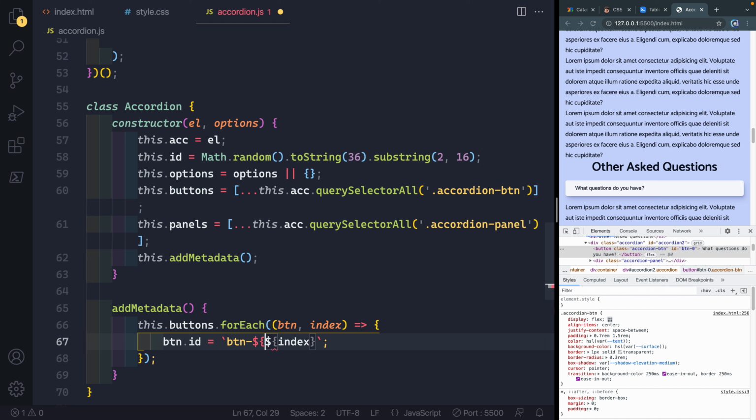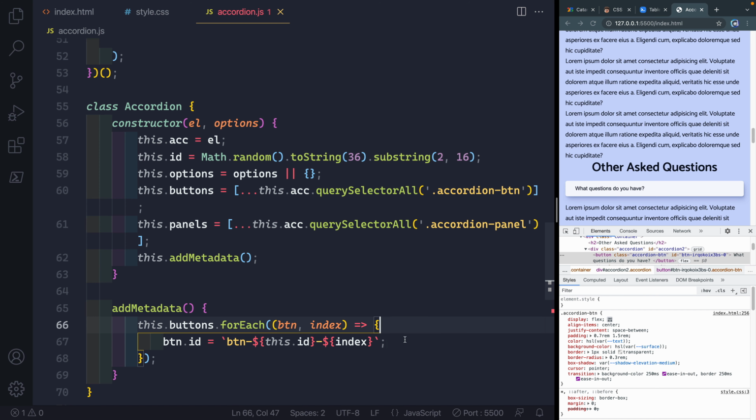That means I can come in here and add that unique identifier to the whole accordion itself. So I'll say this.id, and that will actually pull from the instance here, and then this index pulls from the index in the buttons array. So if I save this, now I'm getting this unique ID here, and it should have characters enough to actually be unique. And I mean, I suppose there's a small chance you could have two accordions with the exact same random number, but if that's happening, you've got other bad luck headed your way. Okay, so we've got an ID set now for each of the buttons,